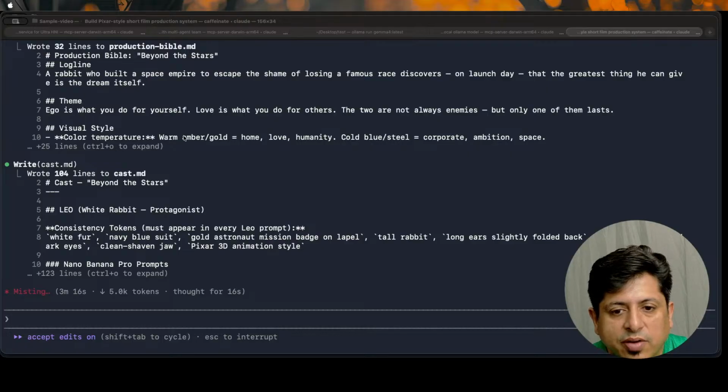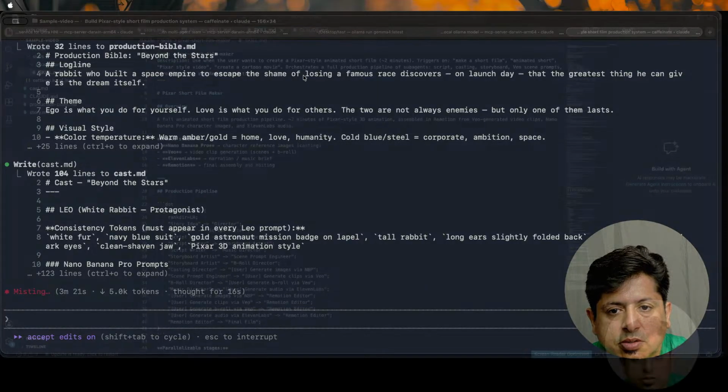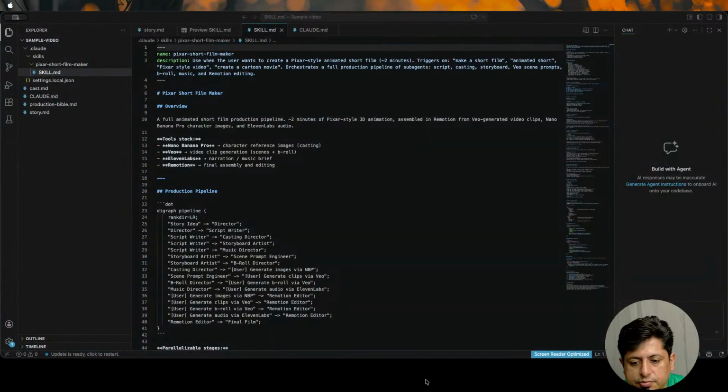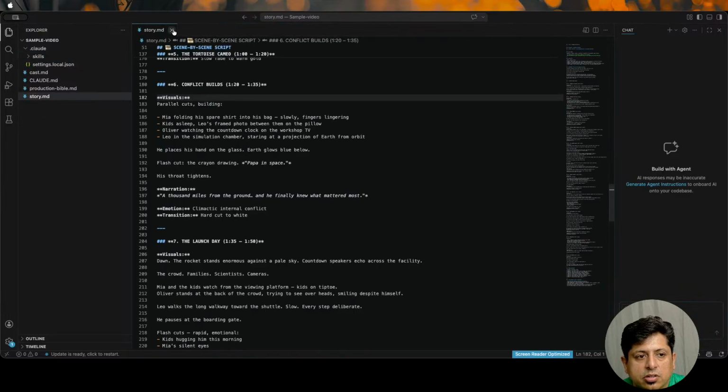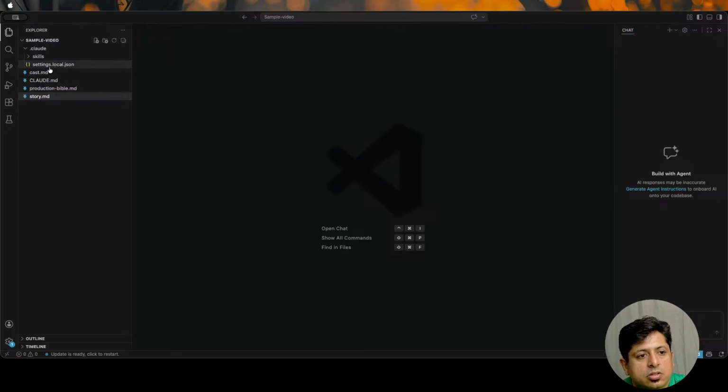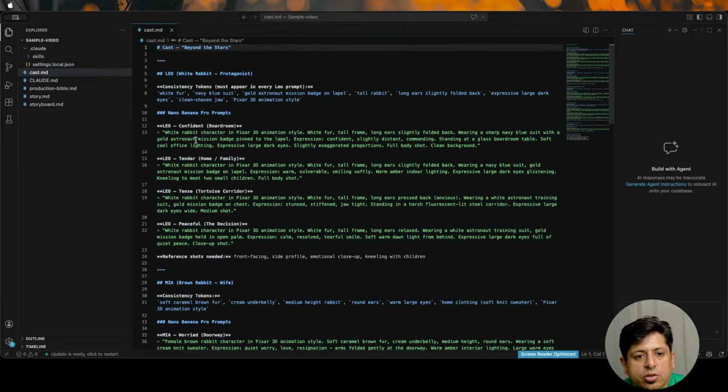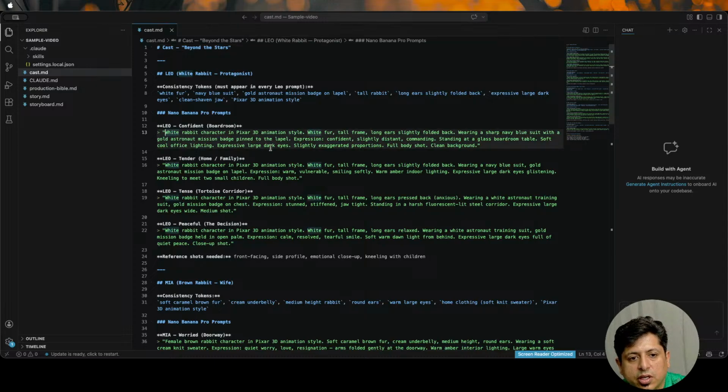And we'll go to our VS Code. Okay, now if you see, it's all text files. I'm not writing any code. Okay, so now it's cast.md that is showing. Let's see what it is creating. Leo. Okay,